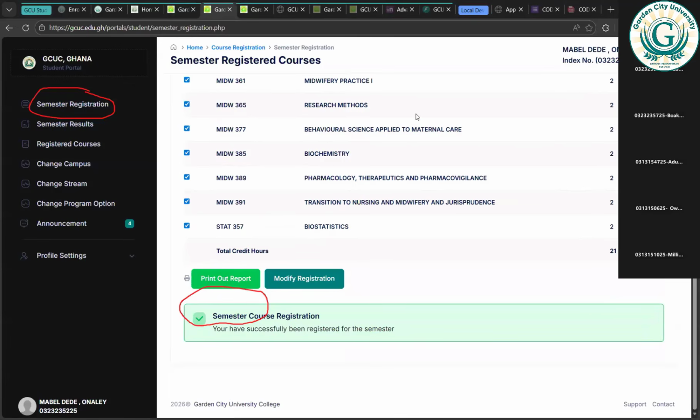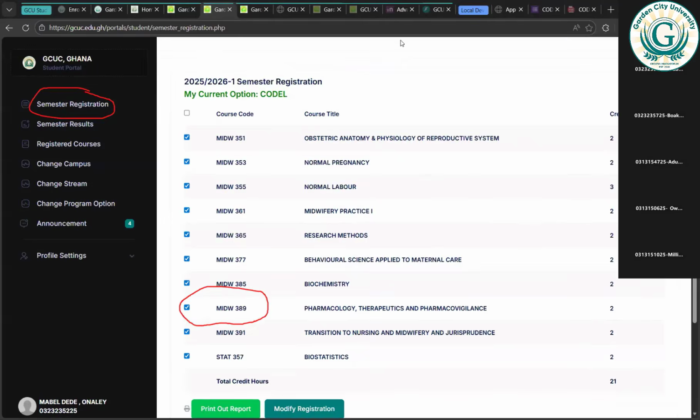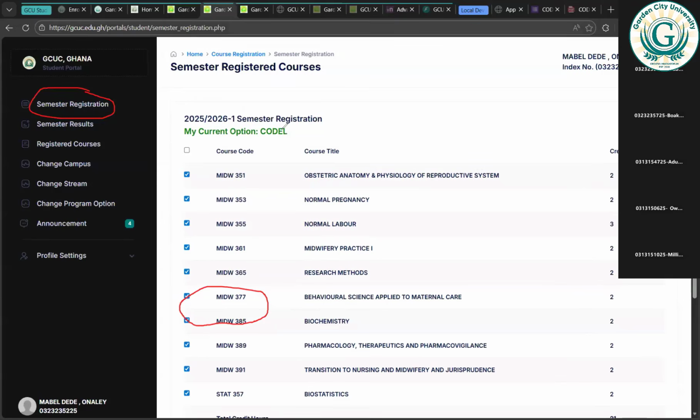Now, some of us are saying because of their option up here showing regular, the option here is showing as regular. Because of that, they are not seeing any courses to register. Good. Now, it is because when you were accepting the admission on the admission portal, you didn't really pay attention